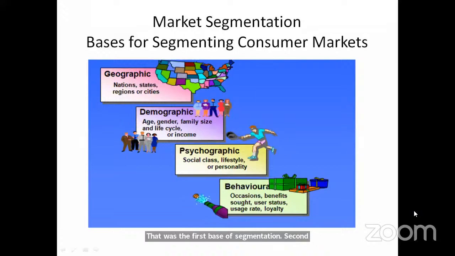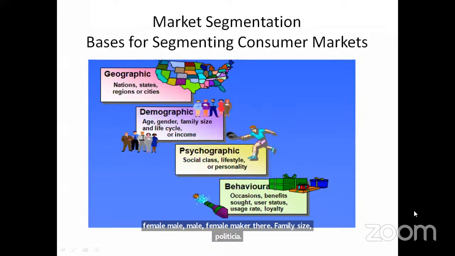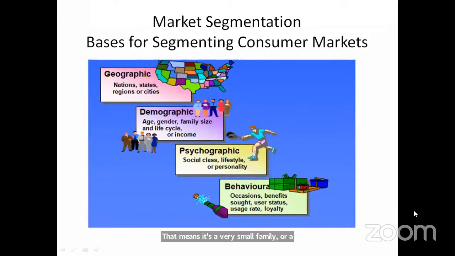Second base में क्या हो गया ना, second base में your population is 130 crore. As you are a seller of a product, you have to divide this particular population according to the demographic basis. Demographic basis में आता है क्या कि आपने आपके प्रोडक्ट के हिसाब से एज वाइज डिफरेंशिएशन किया, या तो फिर आपने जेंडर वाइज किया, जेंडर मतलब फीमेल में कर दिया, फैमिली साइज को लेके किया, दैट मीन्स इट्स अ वेरी स्मॉल फैमिली और अ लार्ज फैमिली।